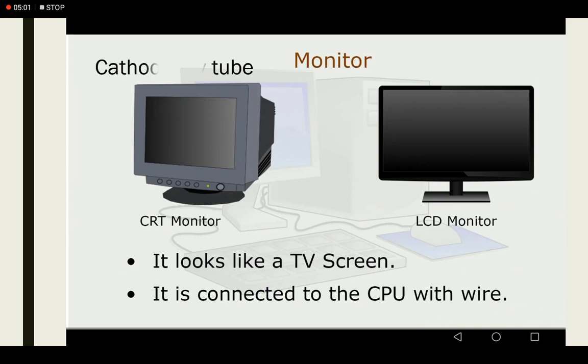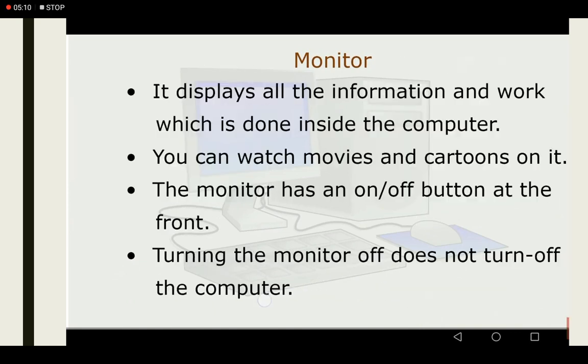CRT stands for cathode ray tube, while LCD stands for liquid crystal display. The monitor displays all the information and work which is done inside the computer. You can watch movies and cartoons on it. The monitor has an on-off button at the front. Turning the monitor off does not turn off the computer.